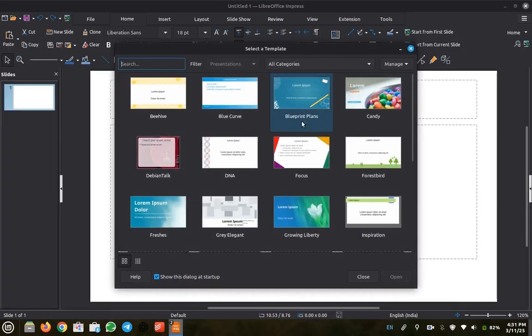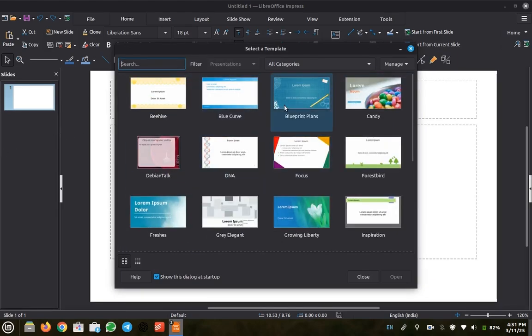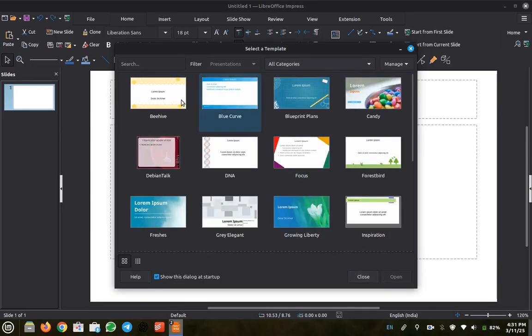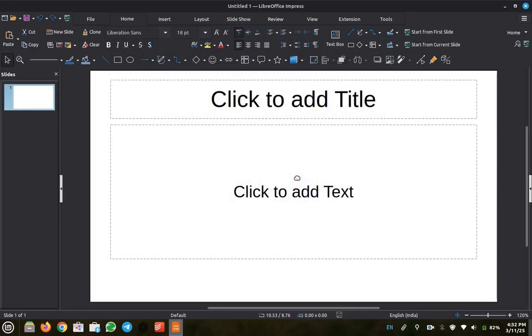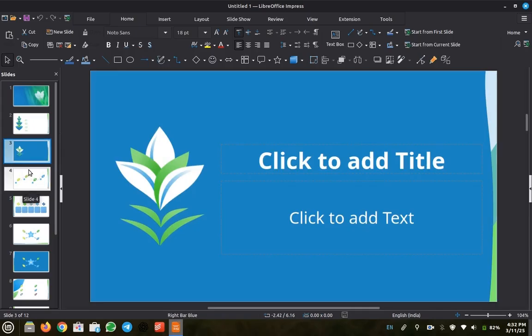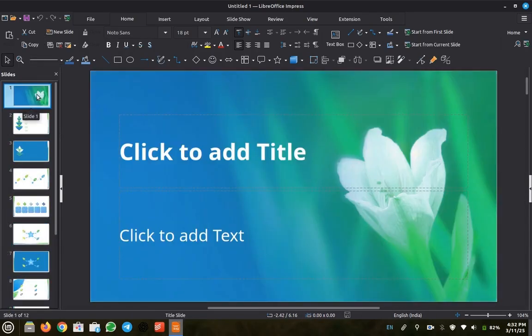So when you open LibreOffice Impress, you have so many templates. Actually, you don't have to roam around, or browse the internet to see if the templates are here. Even if they are not here, they can be downloaded. So you can choose any one format. Like if I choose this flower one, seems okay just for demonstration, and you see so many flowers. You can just make a good presentation and then save it.